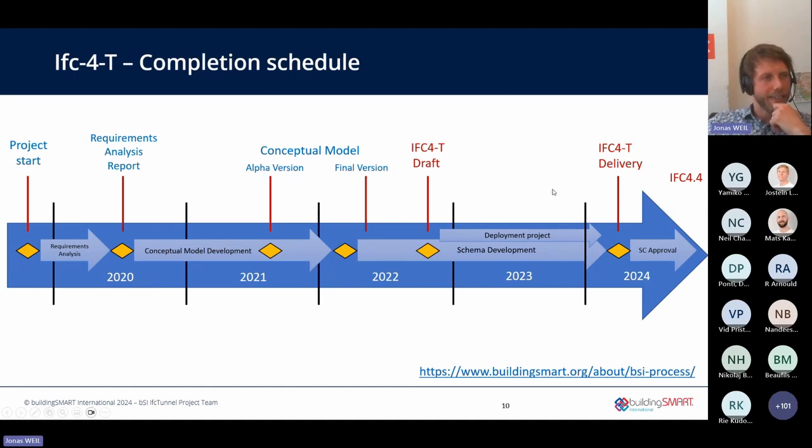So what's the status? This conceptual model has been completed, as I said. Currently, the tech team is working on it along with the deployment project where the software vendors are included already. The goal is to deliver this proposal in the course of this summer, and then the Building Smart International Board will need to review and give the approval. This is expected to happen in end of this year. If you're more interested in this process and the status, you can use the link below. The slides will be shared, of course.